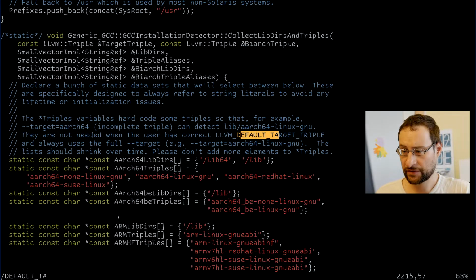Declare a bunch of static data sets that we select between below, specifically designed to always triple hard-coded, for example, target. Incomplete triple can detect the triple variables, hard-coded triples, so that, for example, arch. Incomplete triple can detect. They're not needed when the user has correct.